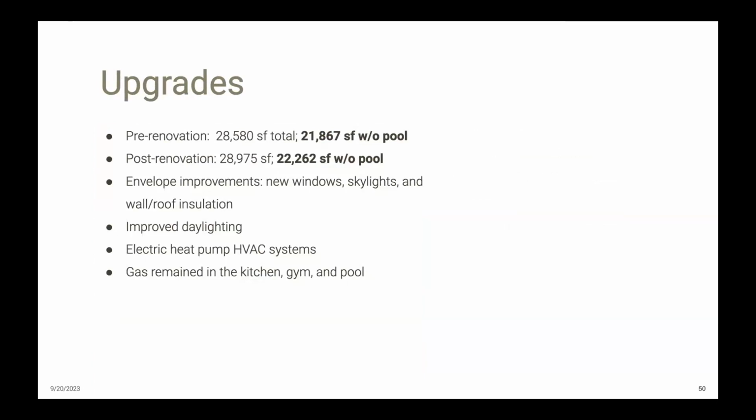So in this case, the owner valued acoustics and upgrading their acoustics because they're right next to a BART track and it's really loud. And mitigating that issue with new windows and skylights also meant a higher performance envelope. Same thing with thermal comfort, insulating the envelope to improve comfort for occupants in the building also led to higher performance.